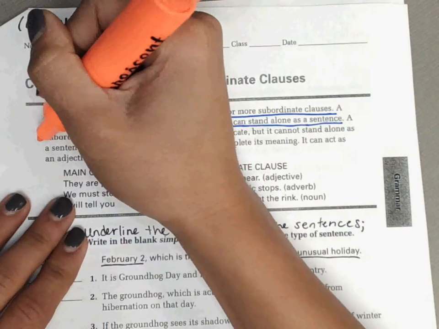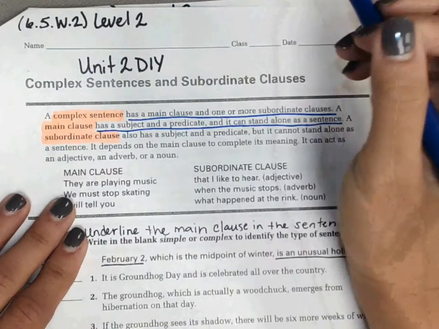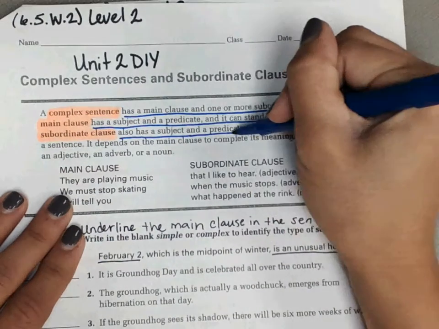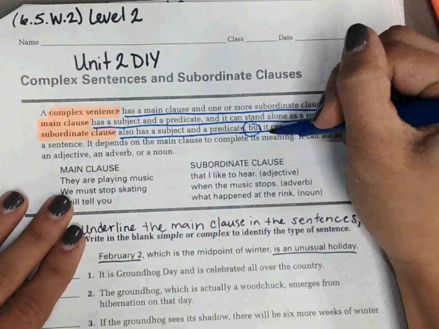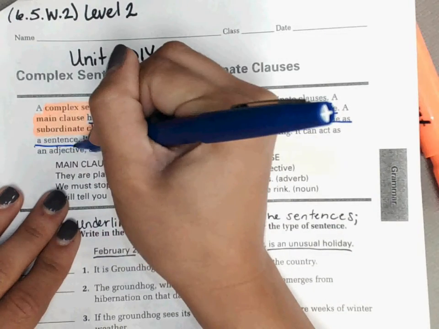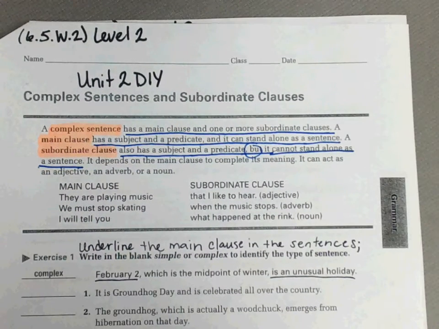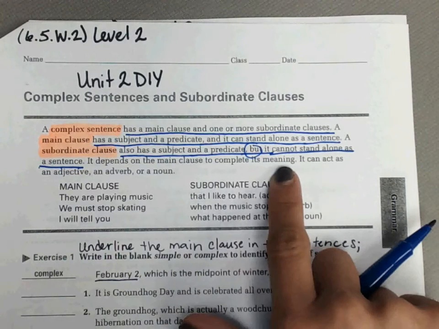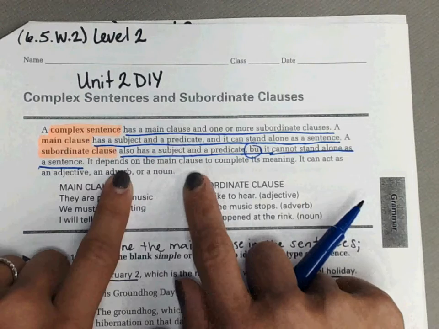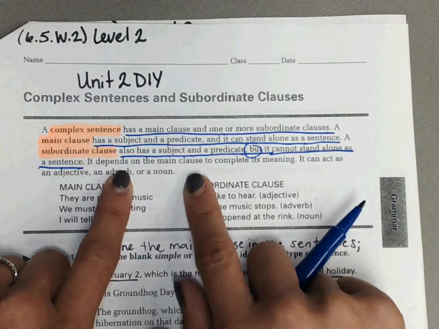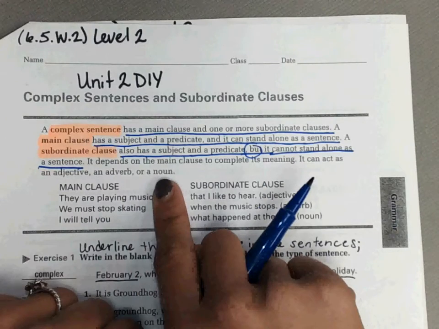A subordinate clause also has a subject and a predicate, but it cannot stand alone as a sentence, meaning that it would be a sentence fragment. It depends on the main clause to complete its meaning. So a subordinate clause has to have the main clause so that the sentence makes sense. It can act as an adjective, an adverb, or a noun. If you don't know what those things are,